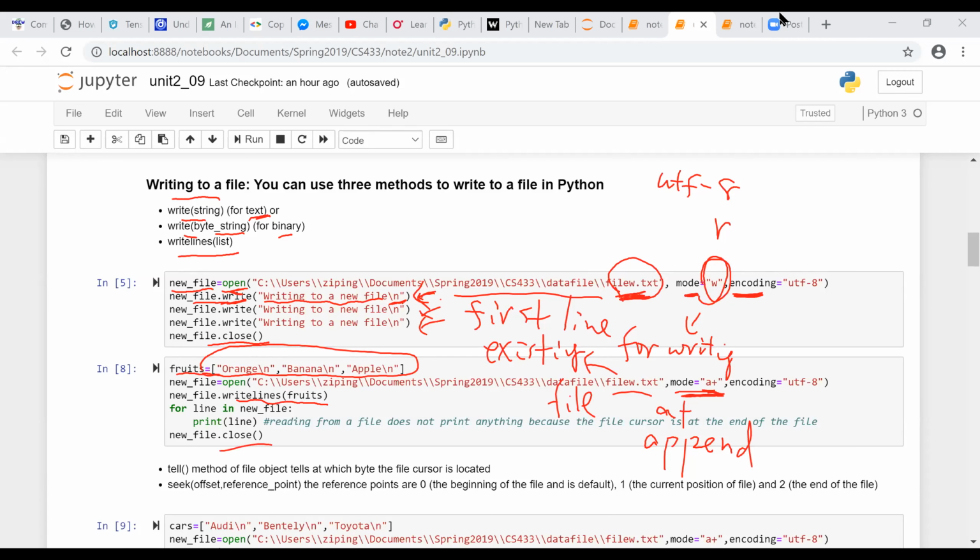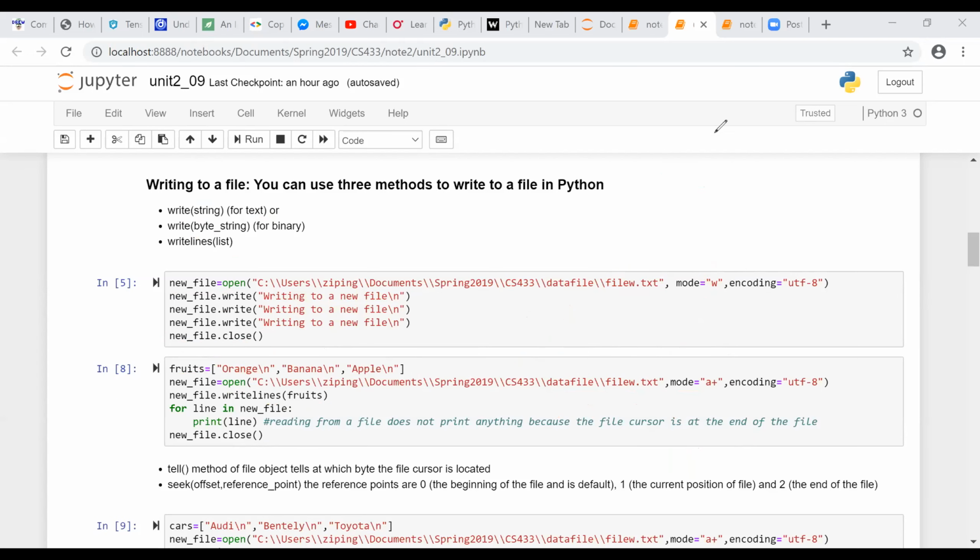Okay, and also you will see these two cells regarding the same file. Because you closed in this cell, that's why over here you need to reopen again. Okay, if you don't do close, then you don't need to open. You can still use that file handler. Okay, so that's just some side notes. And then let's move down